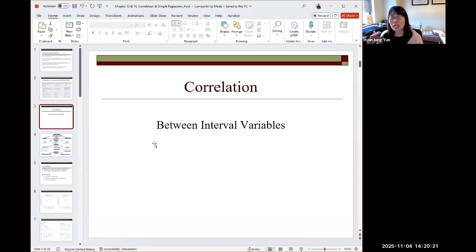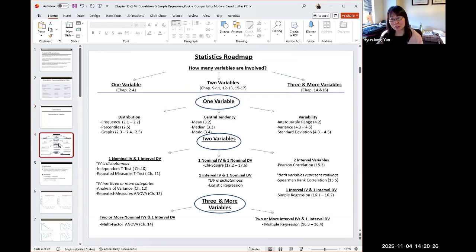If you are dealing with only interval variables, that's the analysis we're going to look at starting this week, and part of next week and the following weeks as well. So when we are dealing with at least two interval variables,